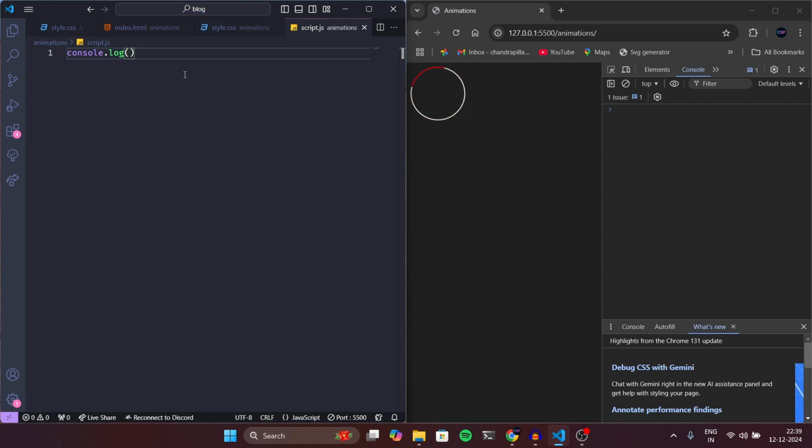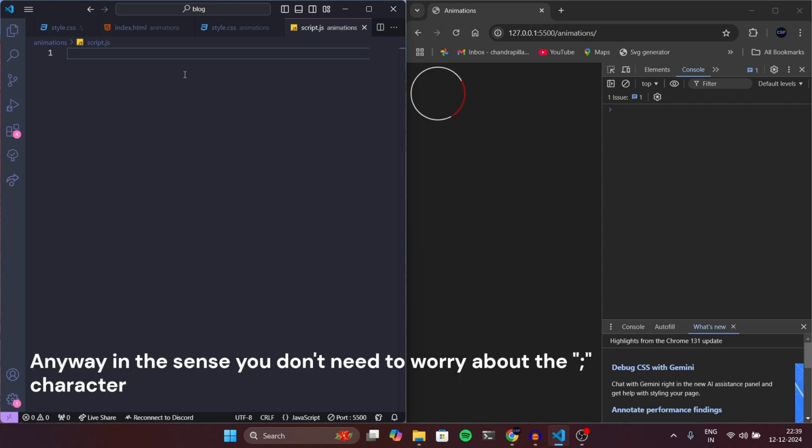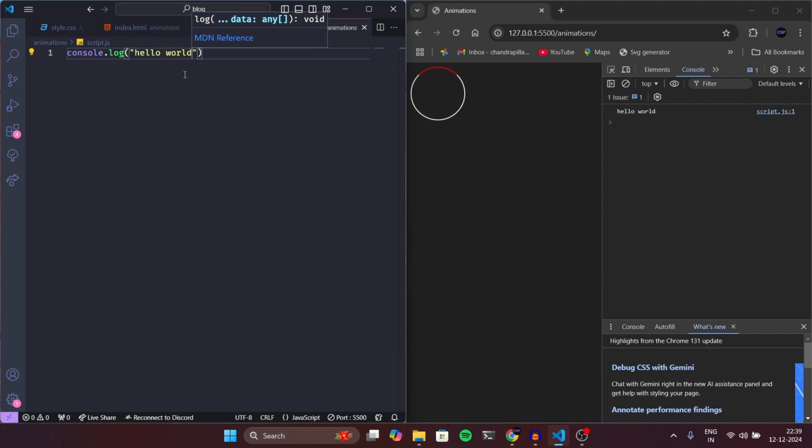There is a syntax which you have to follow in JavaScript, but you can write your code any way you want. For example, if I do console.log hello world, it will print hello world in the output. But if you want an organized and structured code, you can use a semicolon as an end-of-line character. When you put this semicolon, it means that this line ended here. It's useful when you are writing a huge code and you want to put the next statement on the same line. For example, if I do console.log second,